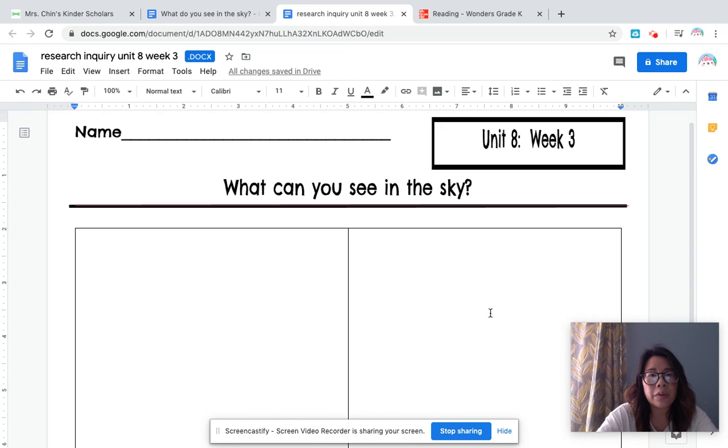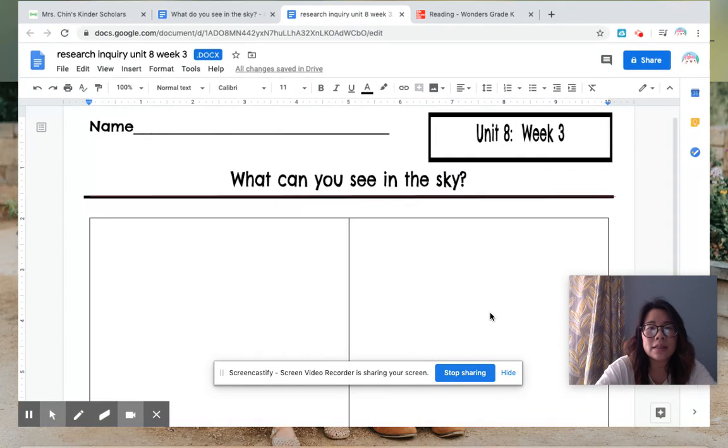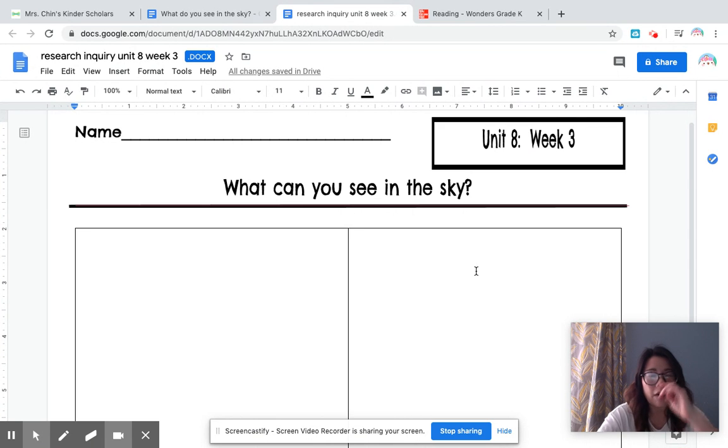Your research and inquiry is going to look something like this. Okay, you can either print it out and work on this paper directly, or you could make this chart on any paper that you have at home, or I can post it to Seesaw, and you can also do it on Seesaw with the drawing and the typing tools if that's easier for you. However you want to do your research today is okay and fine by me.